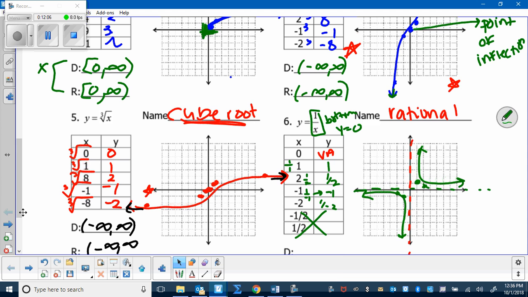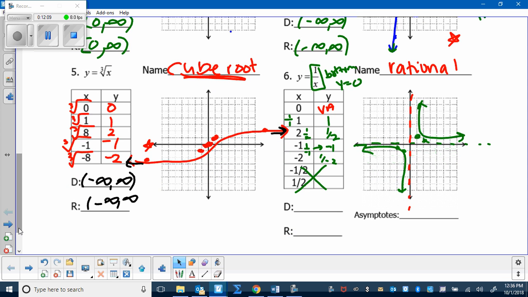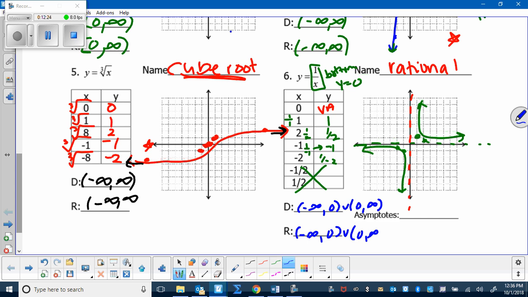It has the swoopy guys. What's your domain? Yeah, you find it from the holes and the vertical asymptote. Well, I only have a vertical asymptote, nothing canceled. So my domain is negative infinity to 0, union 0 to infinity. My range is going to be the same, which we didn't talk about in this unit, but if you look at the graph, you go from negative infinity to your horizontal asymptote, which is at 0, and then you pick back up and you go up to positive infinity. Okay, my asymptotes are x equals 0 for my vertical, and y equals 0 for my horizontal. There's no sign. Remember, if you have a horizontal,